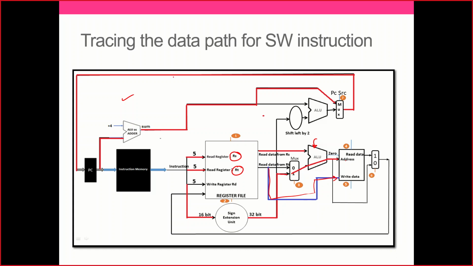What we do is we compute the address first. Address is computed. And then what do we do? We write the data from one of the registers into this computed location, and that's what we do. That's it. It's very simple.